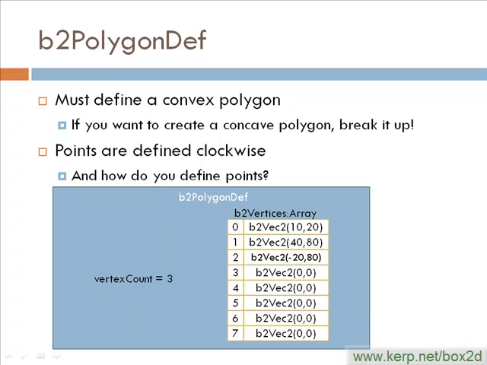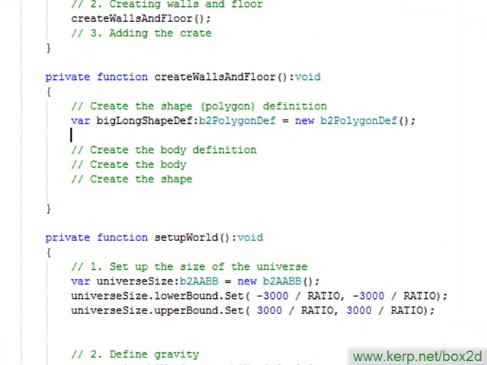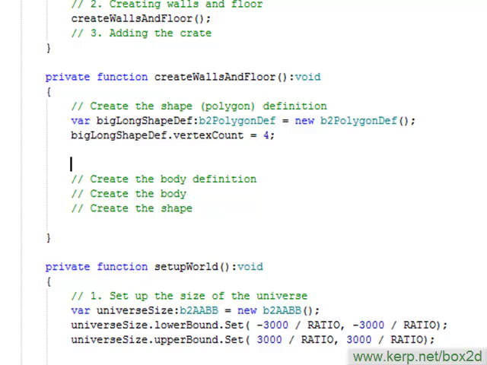So now that we kind of understand what's going on here, I think we've probably got a pretty good idea as to how we would actually want to create our points. First thing we probably want to do is set our vertex count to 4. Because basically, we want to create a big rectangle that is going to take up the floor of our world. And now, basically, I'm going to cast